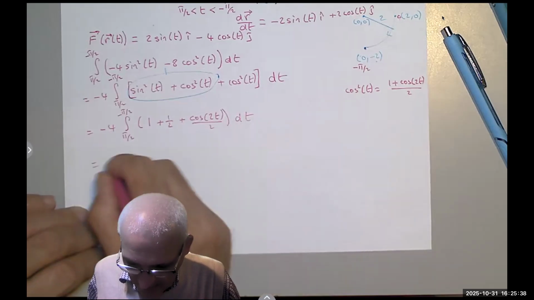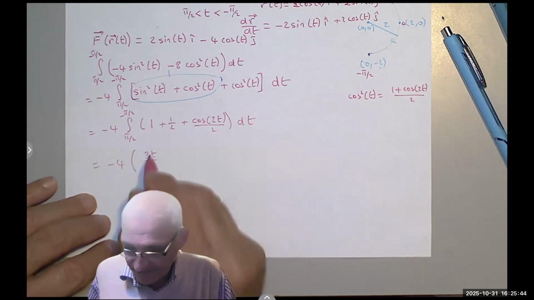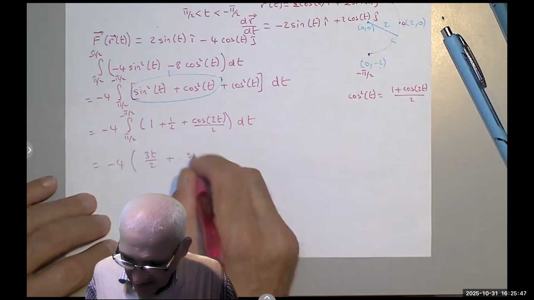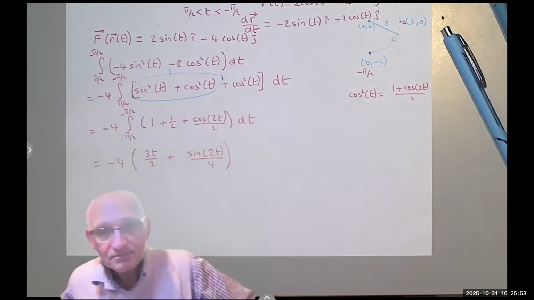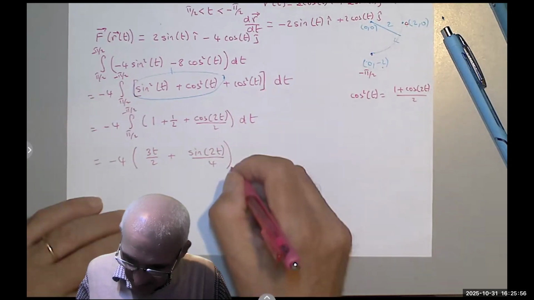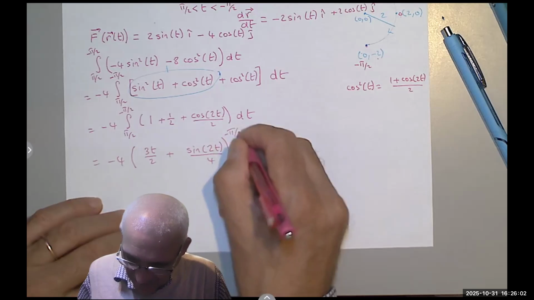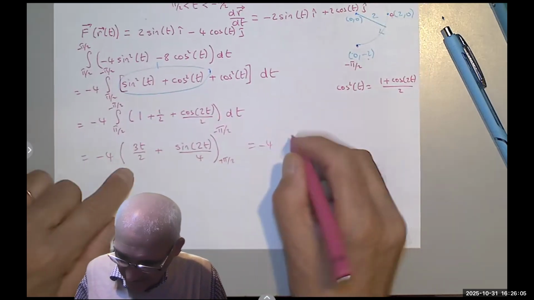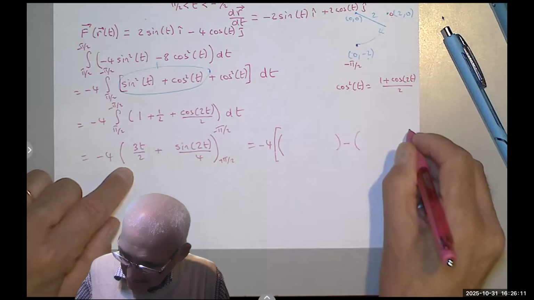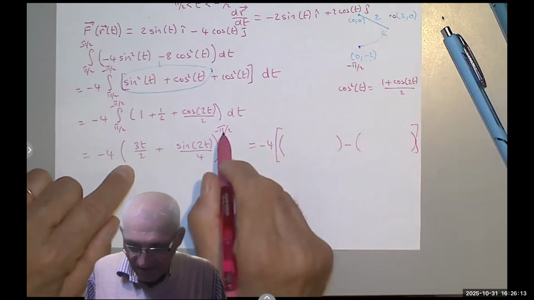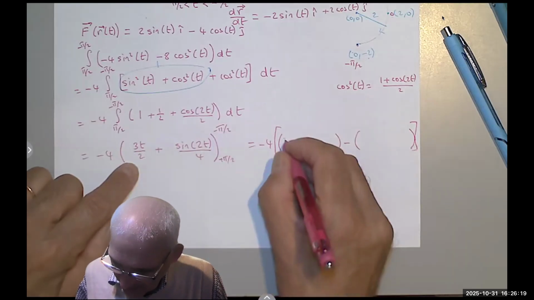I evaluate the integral, so I get 3t over 2, right, 3 halves. And then this would be sine of 2t over 2 times 2, so over 4. And the integral goes from pi over 2 to negative pi over 2. So I have negative 4 times. Remember, we take the first pair of parentheses, plugging in pi over 2. So I get 3 times pi over 2 over 2. So 3 pi over 4